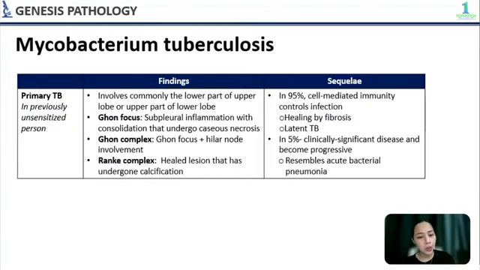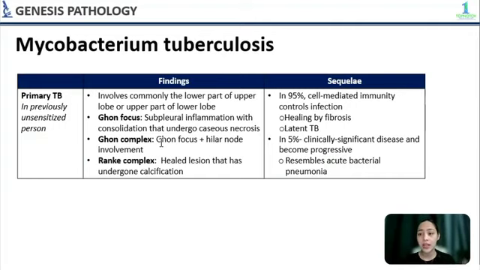Okay, so clinical tuberculosis is separated into two important types, primary and secondary TB. Primary TB, this occurs in a previously unsensitized individual. Usually, yung nai-inhale na bacilli, mag-i-implant siya doon sa distal air spaces at the lower part of the upper lobe or the upper part of the lower lobe. So as sensitization develops, an area of gray-white inflammation with consolidation develops. This is known as the Ghon focus. So this center, this focus, this will undergo caseous necrosis.